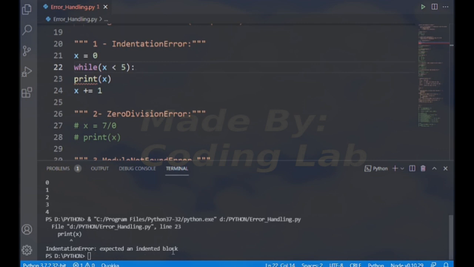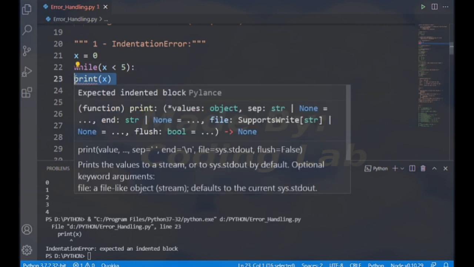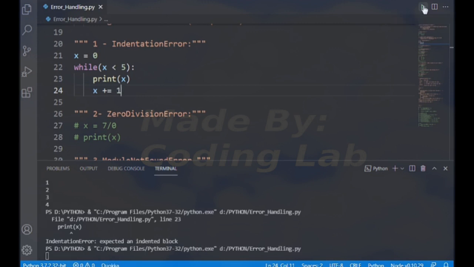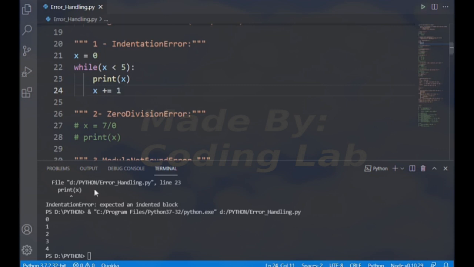Expected an indented block. So we have to indent this code to the right, like this. Then we can run our program. We have 0, 1, 2, 3, 4 printed. So now we don't have the indentation error again. Okay,